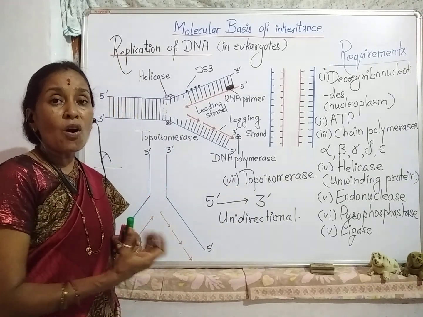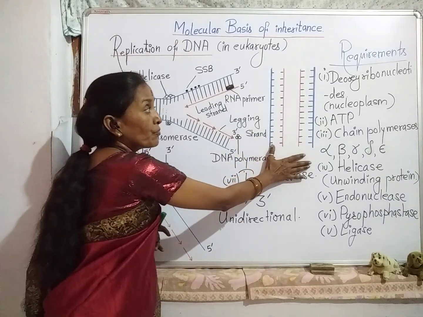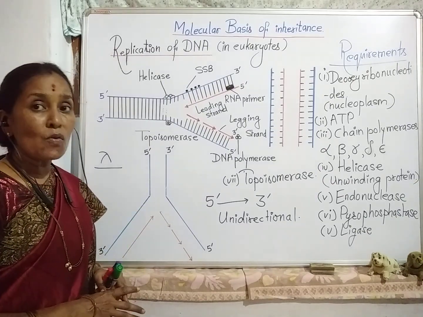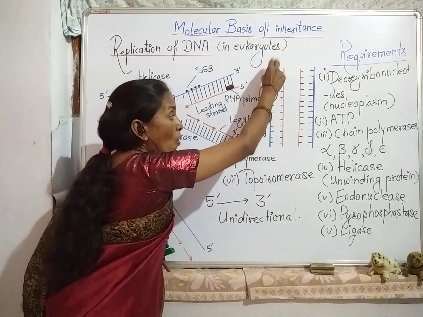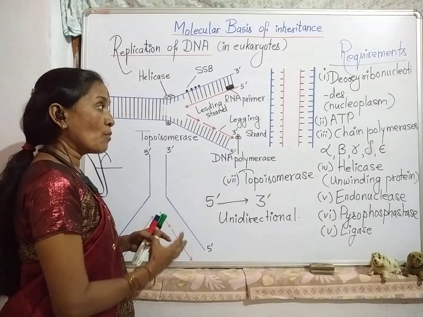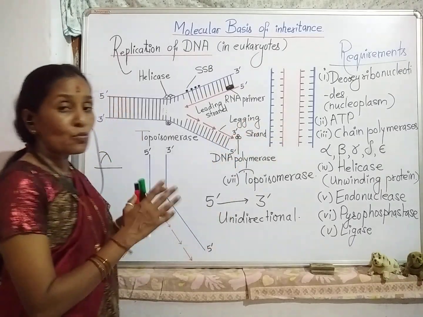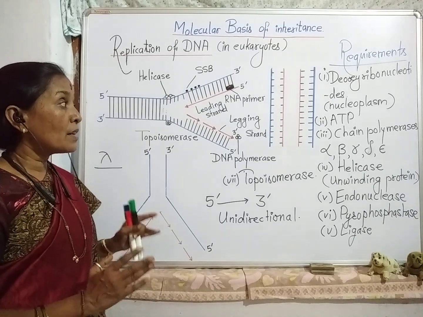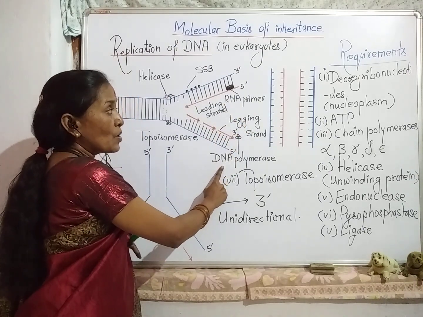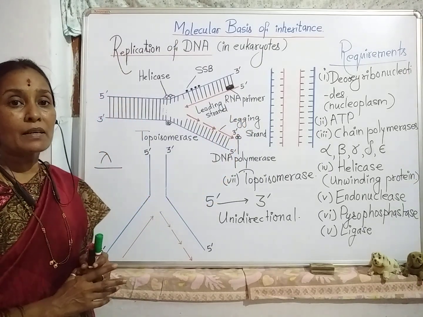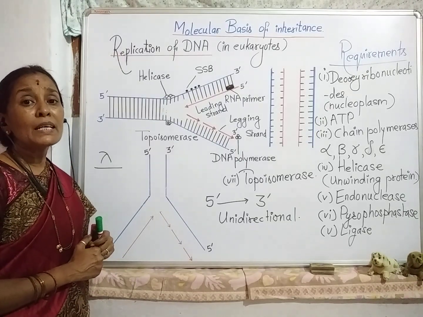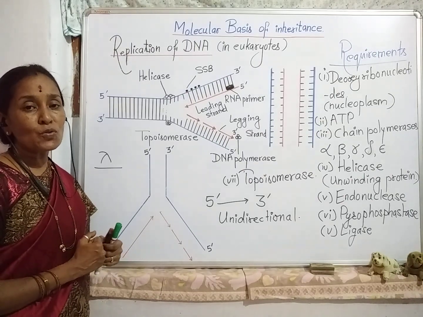They remove the wrong base pair from this replication fork, and then only the hydrogen bonding occurs. Okay student, once the hydrogen bonding occurs, these two strands which were running anti-parallel to each other now get twisted together, and the RNA primer and the DNA polymerase get removed. So in this manner, the replication of DNA occurs successfully without mistakes. Okay, thank you student. So here I